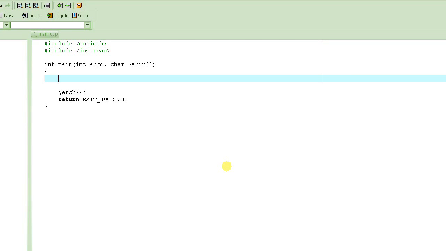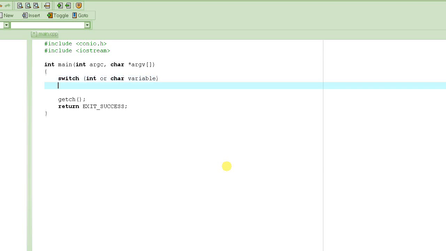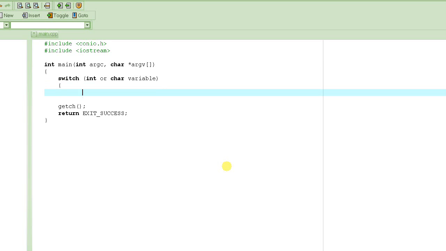So what does the syntax of switch look like? It has the keyword switch, followed by a variable. That variable could be either int type or character type. So any int or character variable, and then the braces, and then you write the cases. What we do is we write case, and then some constant, colon,